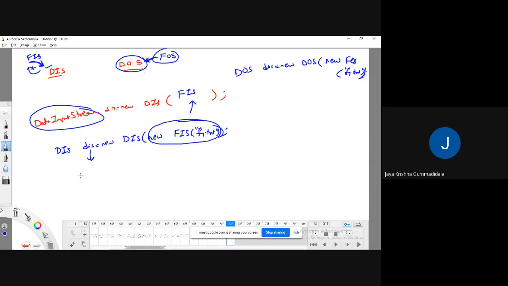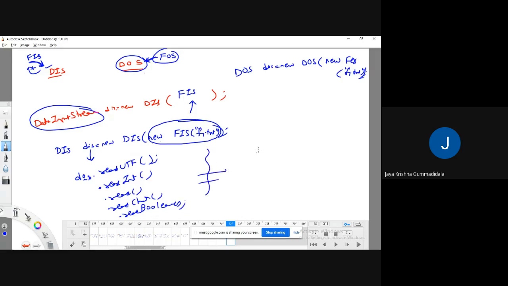Through this object, I can perform any kind of operation like dis dot read UTF, dis dot read int, dis dot read double, dis dot read char, dis dot read boolean. Just now I have shown all these. Similarly, here also the same thing: dos dot write UTF, write int, write double, write char, write boolean.